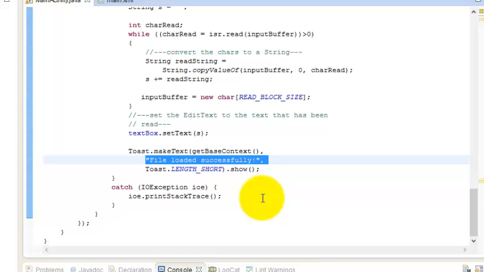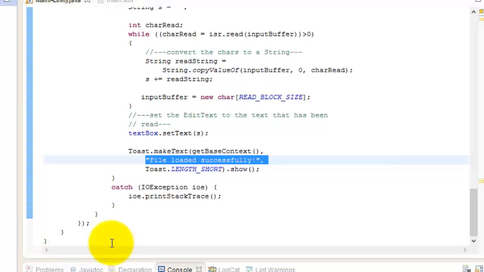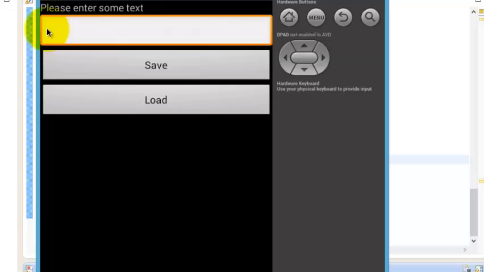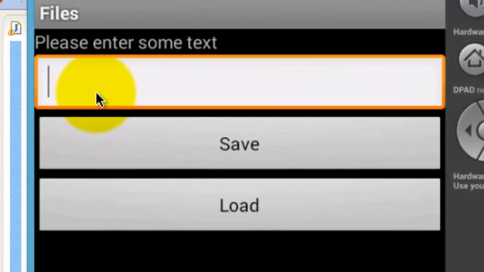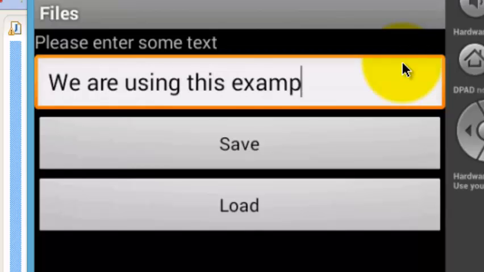Now we're ready to run our application. We just want to run it and see how both functionalities work. It is simple as before: just click run Android application. Your application is loaded here. Now have a look, this editable text box is ready to receive a value, and we can enter any kind of values. Say, for example, that we are using this example to store the values